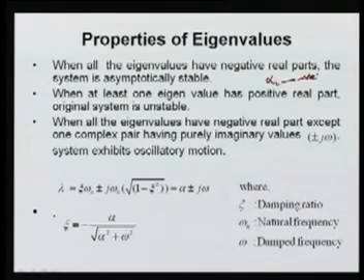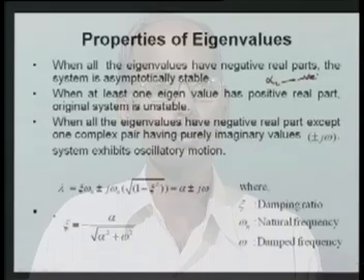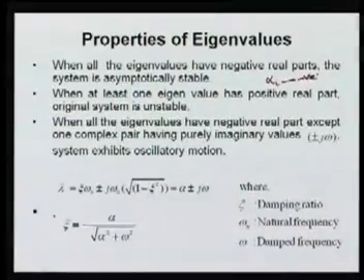When at least one eigenvalue, at least one, means out of n there may be the possibility of 1, 2, 3, 4, but at least one, if it is positive, then the system will be unstable without any doubt. So for example, let's suppose a system has a characteristic equation x square minus 2x plus 1